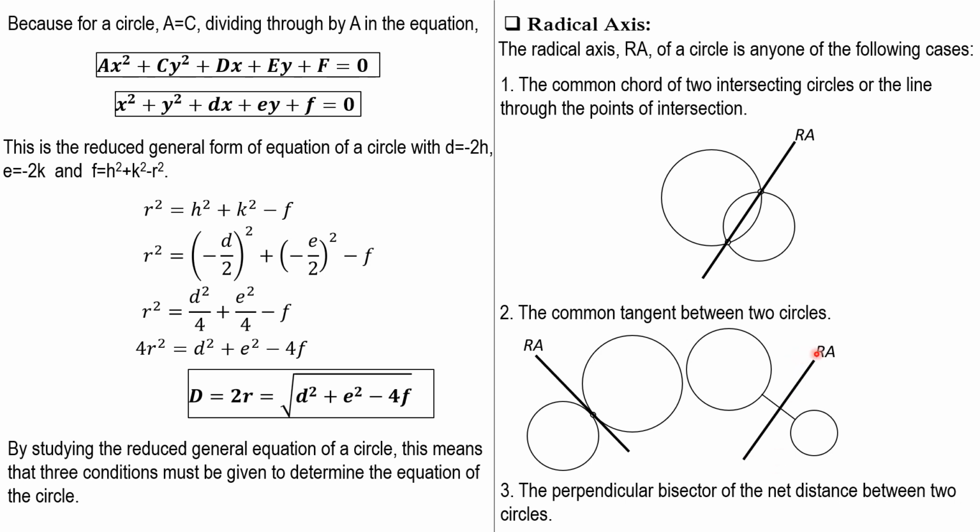Now, to find the equation of the radical axis between two circles, all you have to do is eliminate the x squared and y squared terms, simplify it, and it should be an equation of a line, a first degree line, remember? Ax plus dy plus constant equals 0, that's a line, and that represents the radical axis after we simplify it.